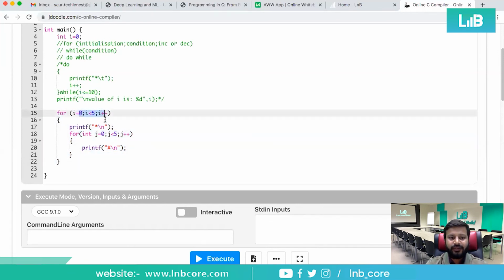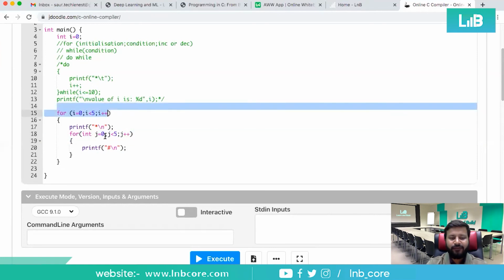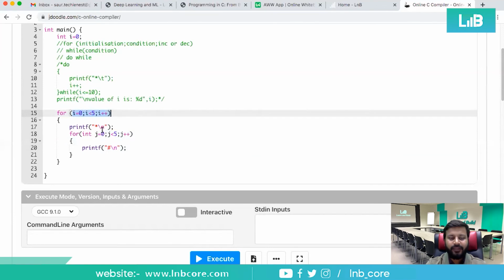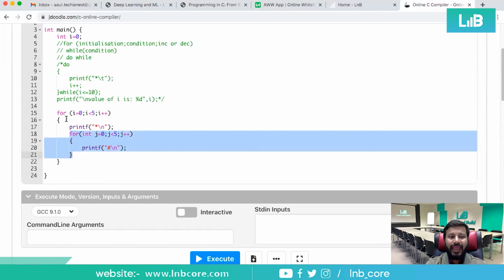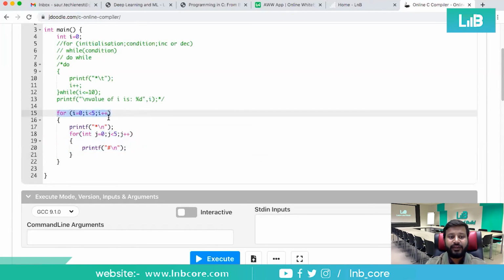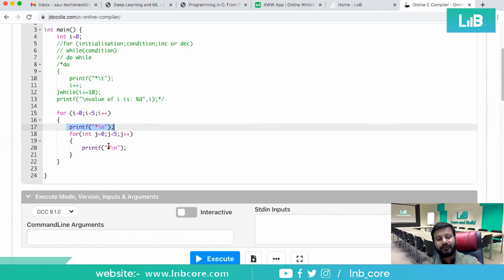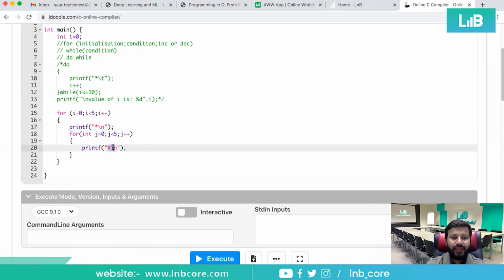For this activity, the inner loop will run 5 times, then the outer will increment by 1, then again 5 times, and again. Like that, the inner loop runs 25 times in total and the outer 5 times. So in total, how many times is the print statement used? 30 times. Out of all 30 print statements, 25 are for hash and 5 are for star.